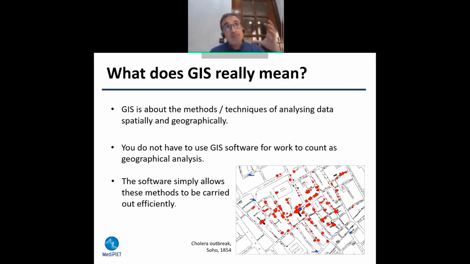examples of the use of spatial analysis, of geographical analysis, is this one from a cholera outbreak that was studied by John Snow. Those that are working in spatial epidemiology consider John Snow, this British physician, the father of spatial epidemiology. He was the first one to plot cases of cholera outbreaks in a map. He used a very simple map of the Soho area and tried to put every case of cholera